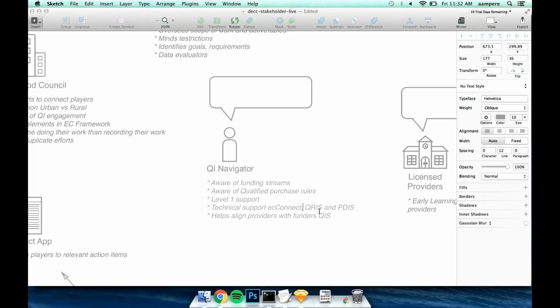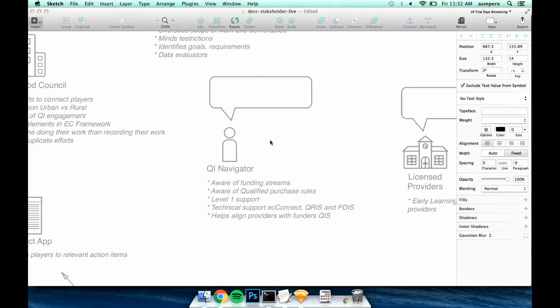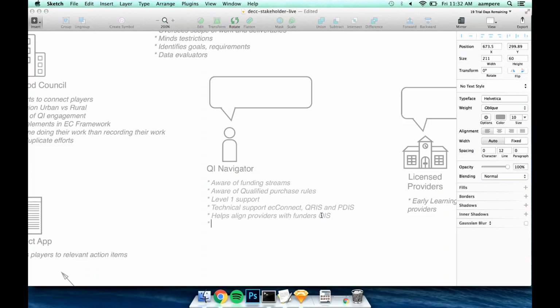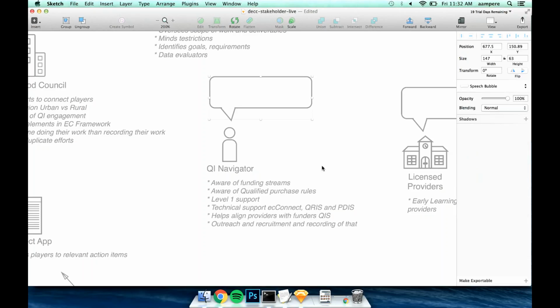And so we want to set permissions so that they're not restrictive. Navigators will have access to all the spending stuff, but coaches do also. So you would be able to work that. Correct. Cool. Great. Oh, outreach and recruitment, and recording of that. And also, I like the way we record outreach right now. Go ahead. And also the back entering of invoices and making sure